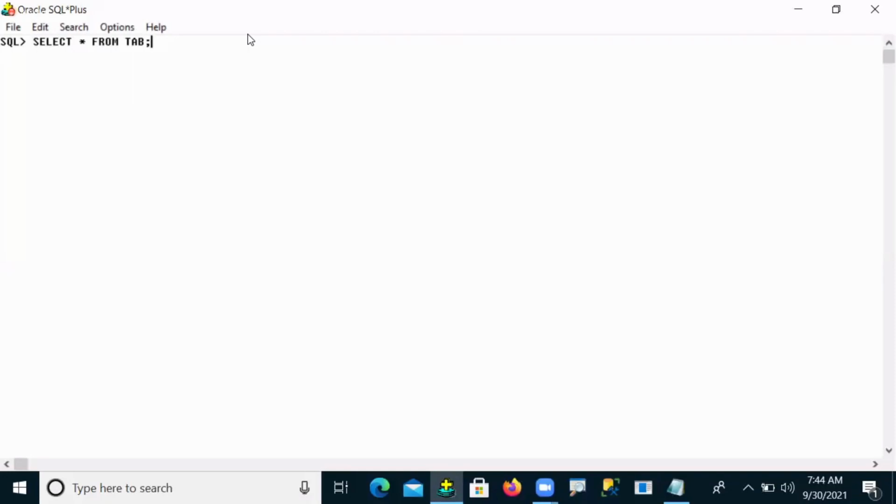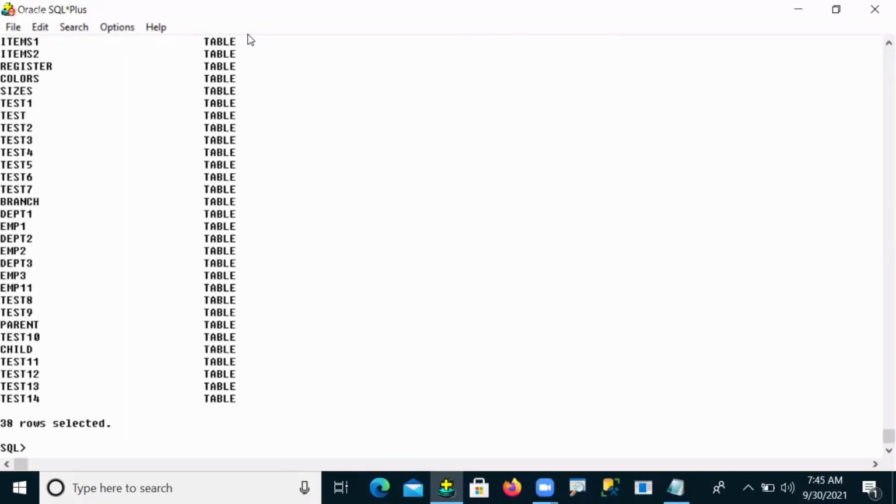So my table is there in the database or not? What did you expect, guys? Now is your table there in the database or not? So was the branch table there or not? What is your guess? Okay. Let me see what happened. So now, yes, your table is there. So your branch table is there in your database.